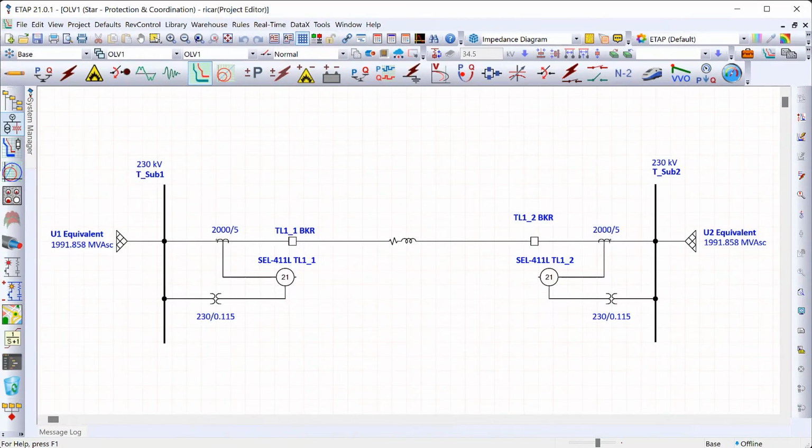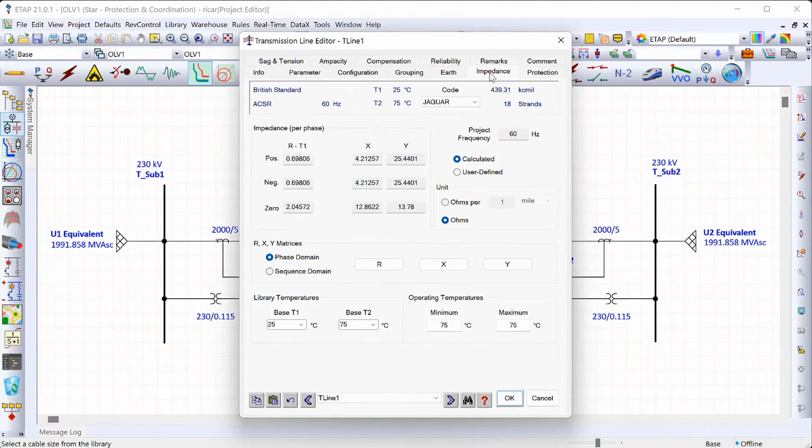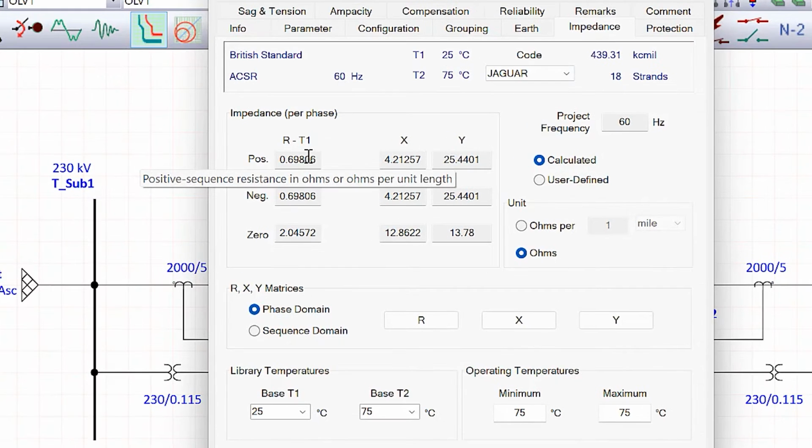All right, so let's look at an example transmission line to see how we can implement a DCB scheme for high-speed protection. All right, so let's say, for example, that we're trying to implement a DCB scheme for this transmission line that I have over here. In this case, we can see the transmission line's positive sequence impedance. If I go over here to the impedance tab, we can see that the positive sequence impedance is